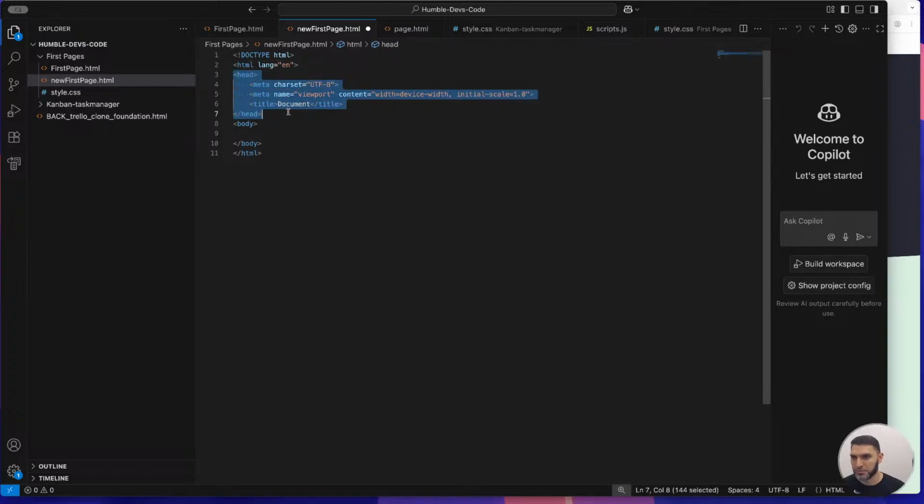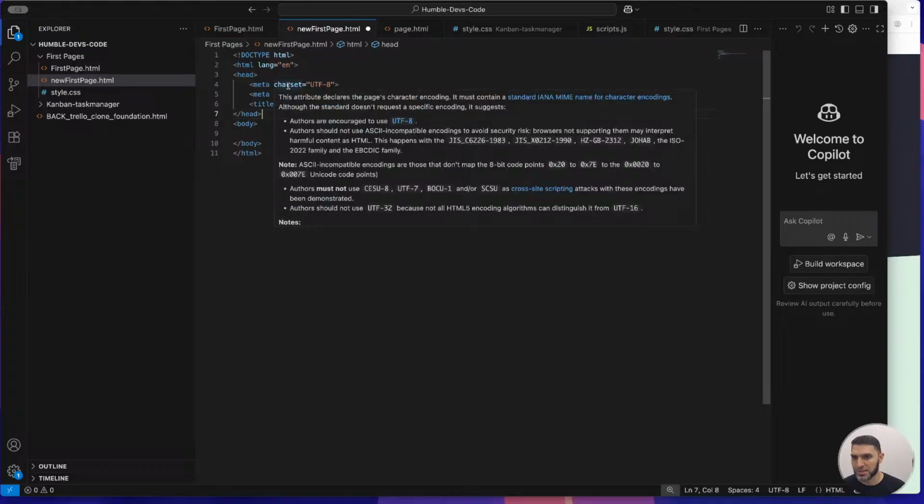Then we have the header, right? And the header houses a lot of information that is not visible. So nothing inside of the header will be visible on your website or page. So firstly, it starts with telling the browser, right? So everything in here is for the browser. What kind of character sets are being used? So this just dictates